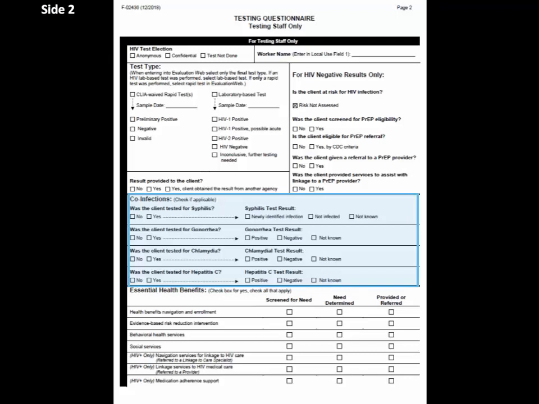However, if you provide the client only a gonorrhea, chlamydia, or hepatitis C test, you do not have to enter that data into EvaluationWeb. You are welcome to use this paper form to complete the test, but we do not require you to enter it online. However, if you complete an HIV and/or a rapid syphilis test, we do require you to complete this form and